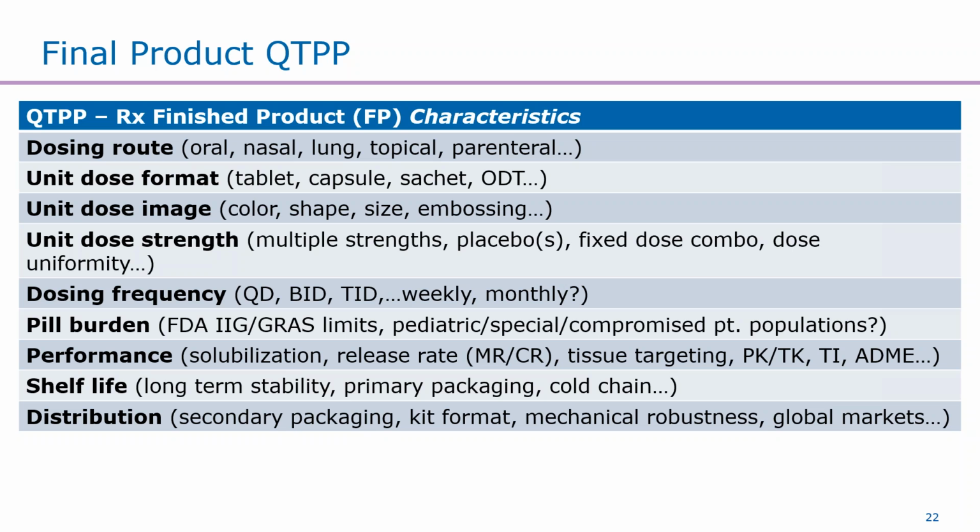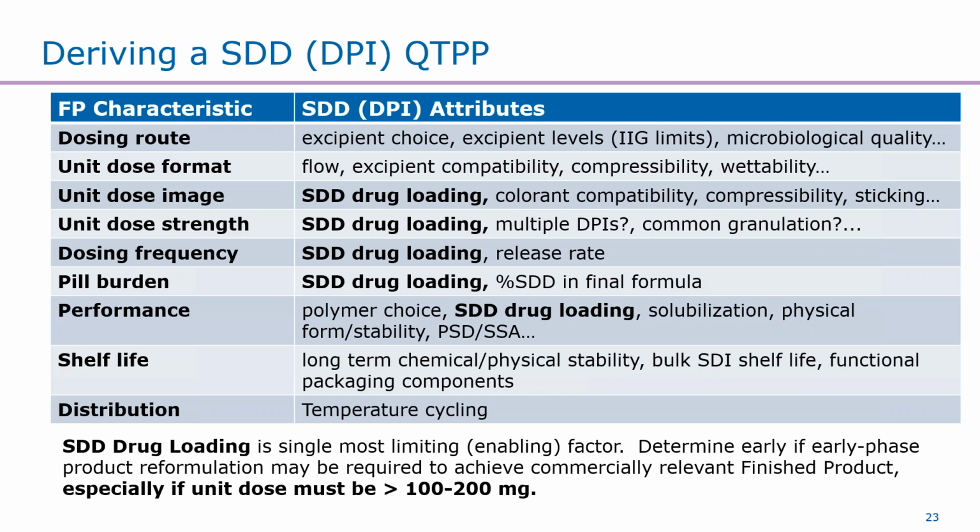There's always the topic of shelf life and long-term stability and its packaging, and then finally distribution. So for example, secondary packaging, kit format, mechanical robustness, and ultimately global markets. So once we've written down and have determined our finished product characteristics, as shown on the previous slide, I believe